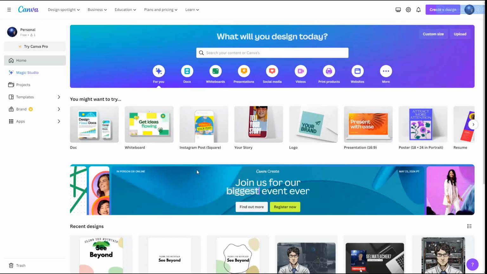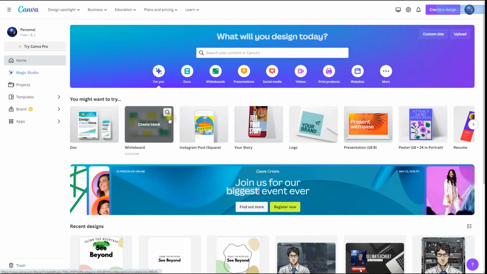So here we are at Canva, and this is the home page for Canva. I'll just show you some of the things that we have here. We can always go back to here by clicking on home, but you have the Magic Studio, projects that you worked on, templates, brand, and apps. The apps, by the way, there are thousands of different helpful apps that allow you to really create anything that you can even imagine. And many of those apps include AI types of apps there.